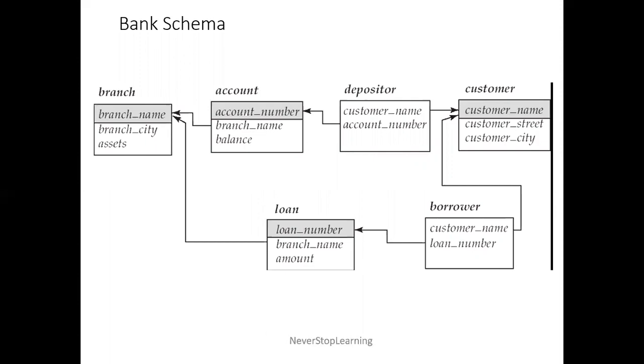As you can see, depositor and branch are not connected directly. That's why we have to take help of the account table, because account number is common between depositor and account, and branch name is common between account and branch. We want the customer name, and we are talking about branch city Bangalore. So to solve this query, we have to take the account table's help. We will be working on three tables: branch, account, and depositor.